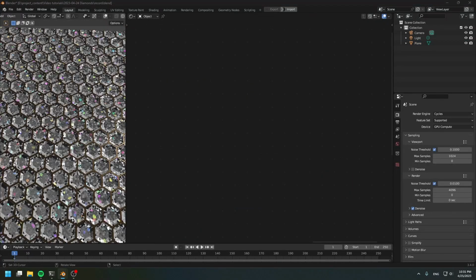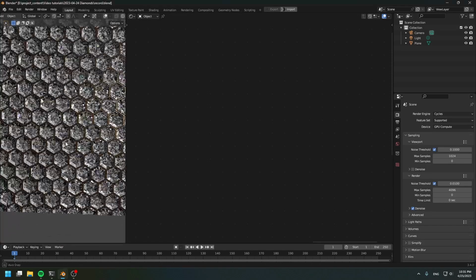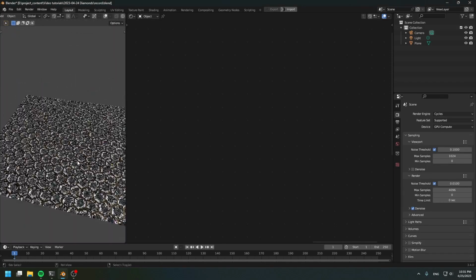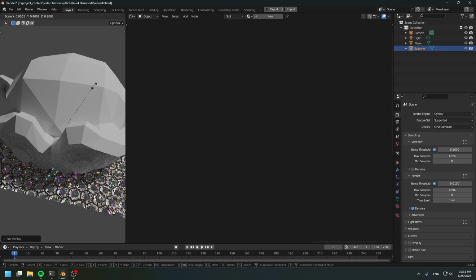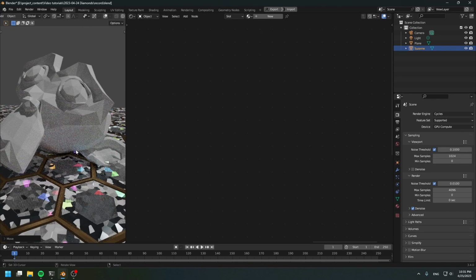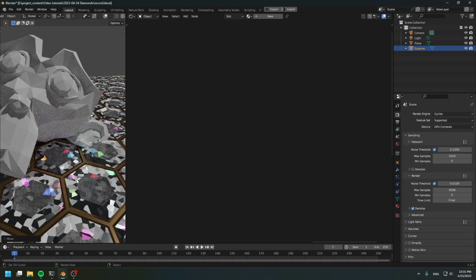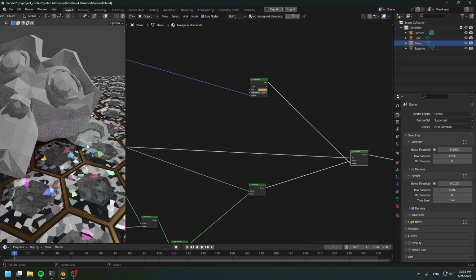Now the diamond is actually pretty much done, but we still need some improvement. But first let me just create a monkey real quick. As you can see, we have quite a lot of noise coming off from the diamond surface. Now you can actually just turn on the denoise to get rid of all the noise coming off from the diamonds. But if you don't want to turn on the denoise, we need to somehow get rid of this noise,